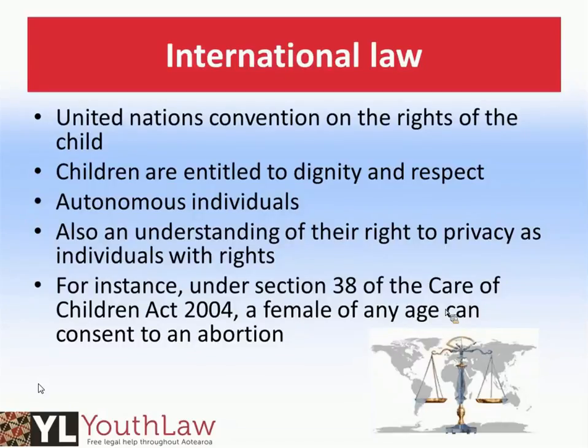One of the things that you might hear tossed around occasionally when people are discussing autonomy of children and the right to make a decision is the Gillick principle. You might hear that tossed around here and there. It's a reference to a particular case, the idea being that we respect young people when they're cognizant and able to form their own views on matters to make those decisions as autonomous beings.